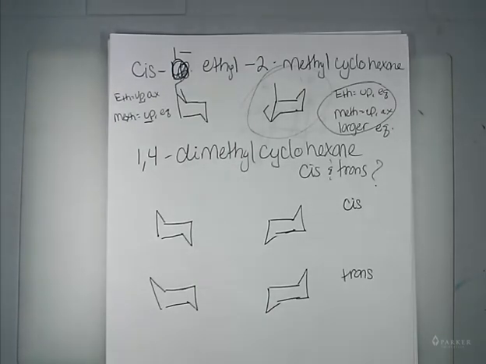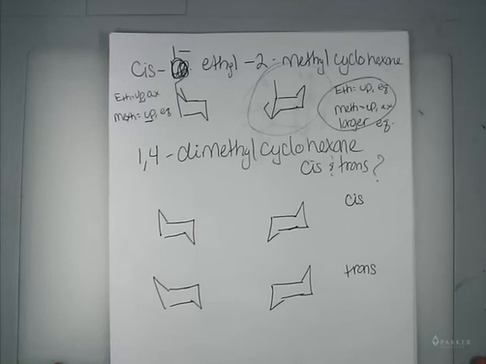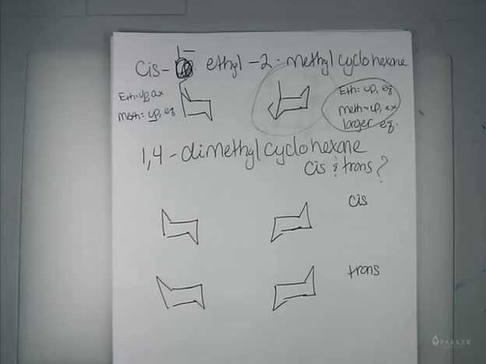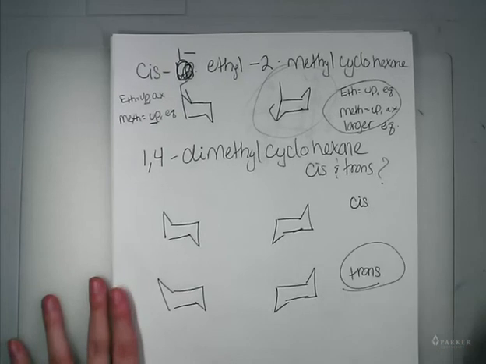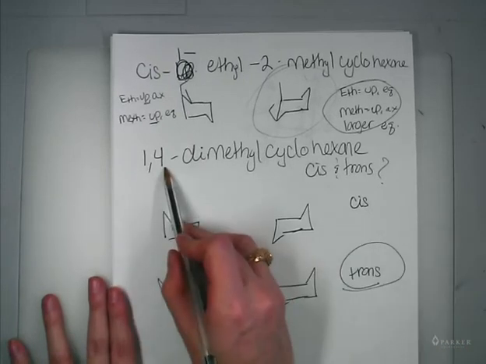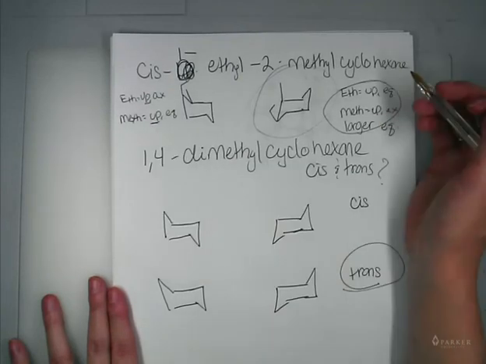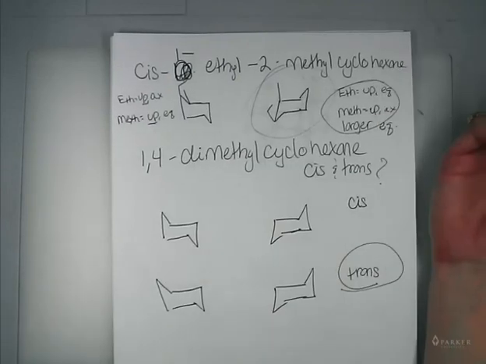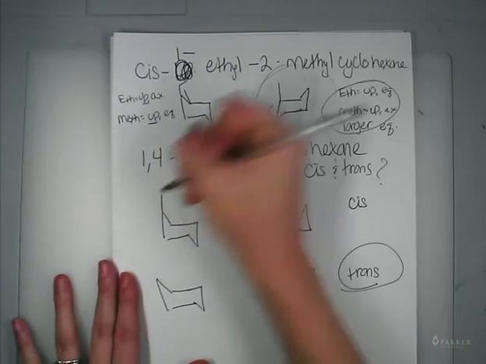So let's look at the next one. We'll work this out, but what answer did you get? Trans is the most stable? Okay, let's look at it and see. So y'all said trans. So I have 1,4-dimethyl cyclohexane. So we'll look at the cis first. So let's have them both going up. So if this is up,